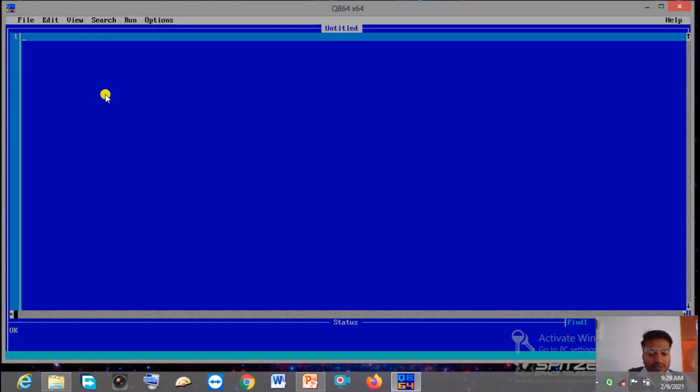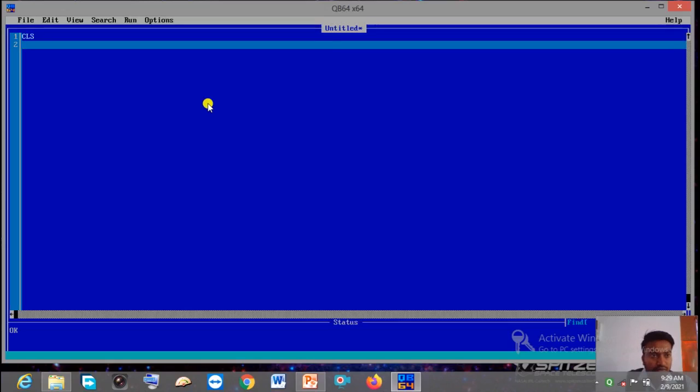Okay, so first here you can see the first line number is mentioned. So now first we have to write CLS, then we have to give a print statement, print within double quotes dear Ram.